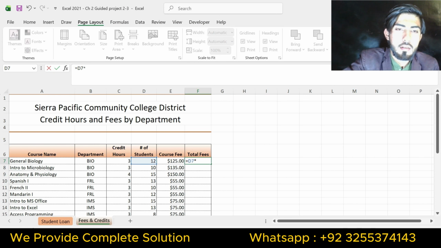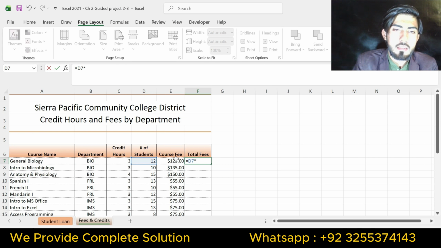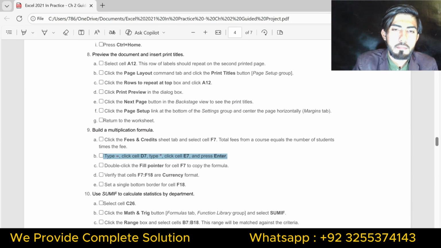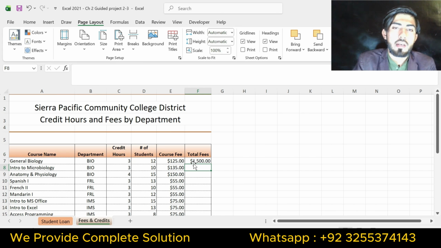You can see the value of total fees in cell F7.